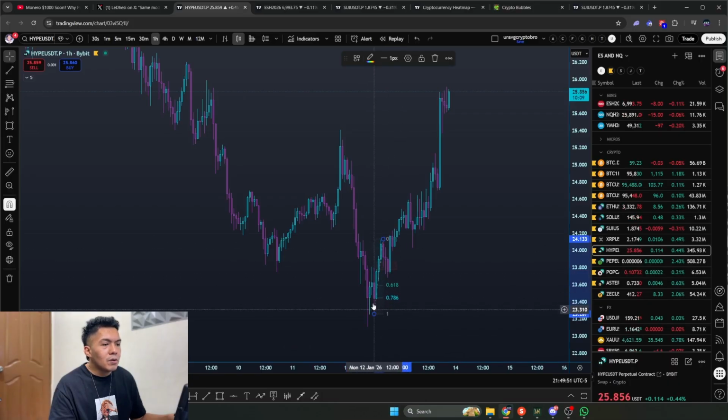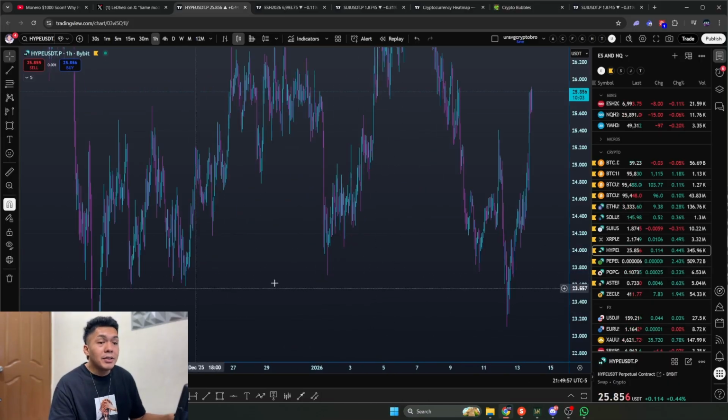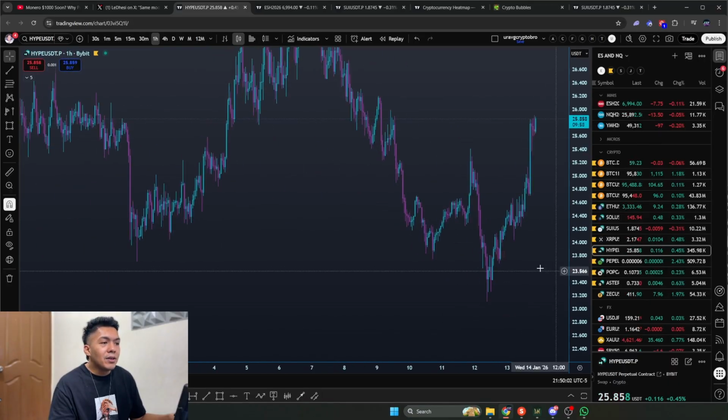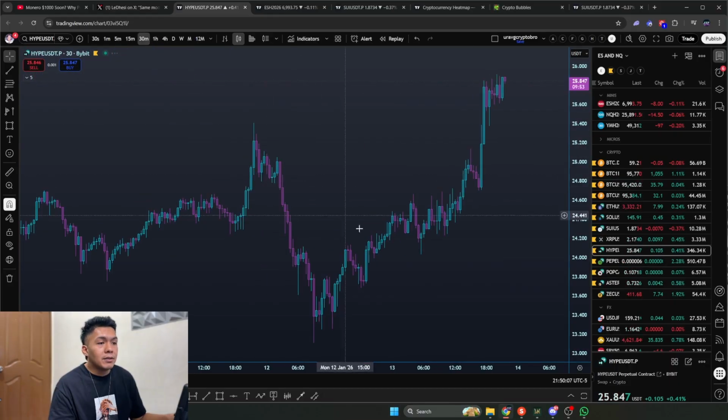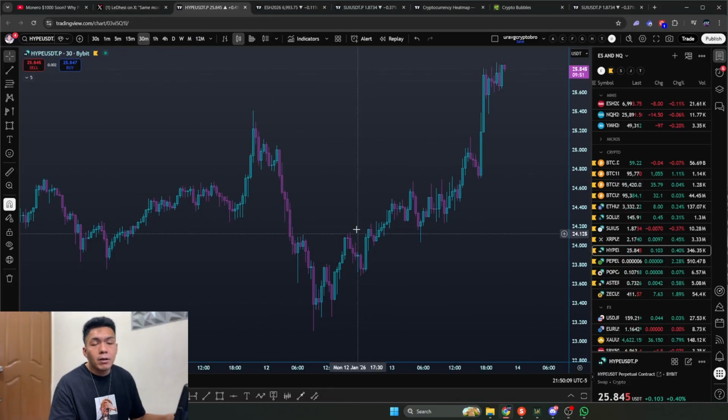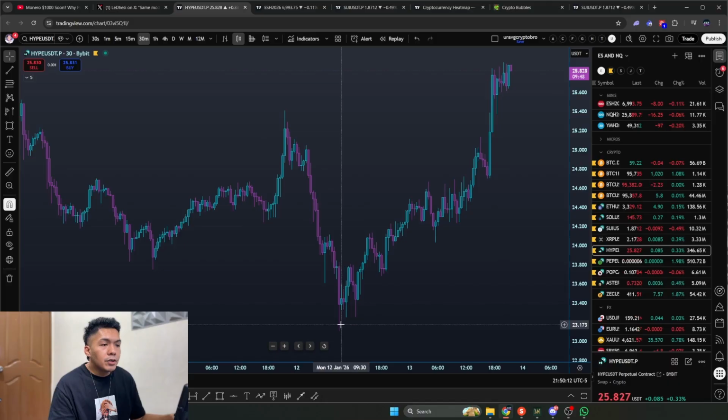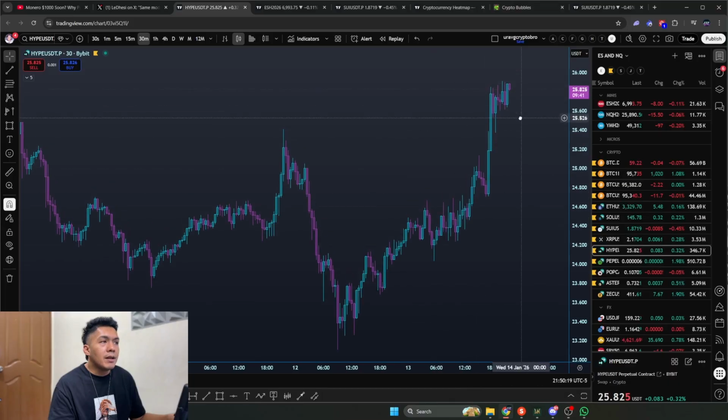No, near golden pocket, but that's what I do each time after a sweep of the lows or highs. I either look for a tap on a fair value gap or a back test or retest, and then wait for break of structure like what happened here. So, you know, you form a double bottom, inversion, back test, break of structure, and then you finally take a